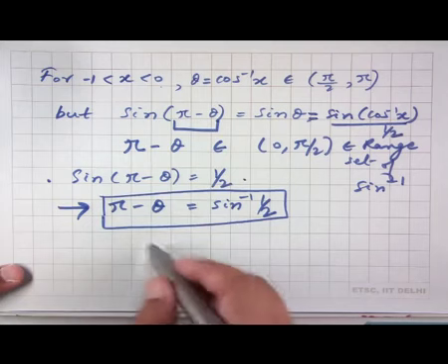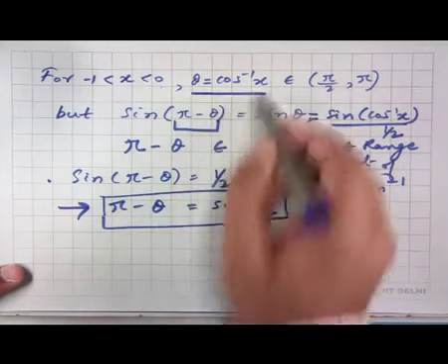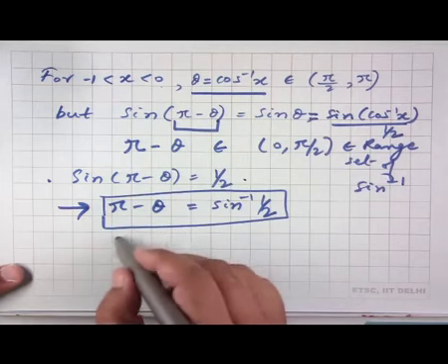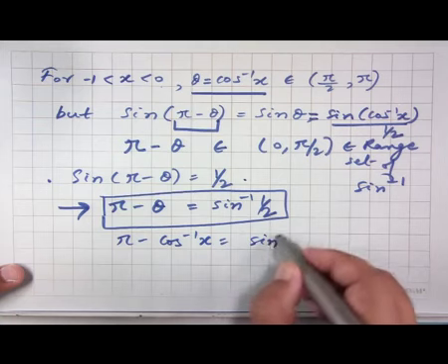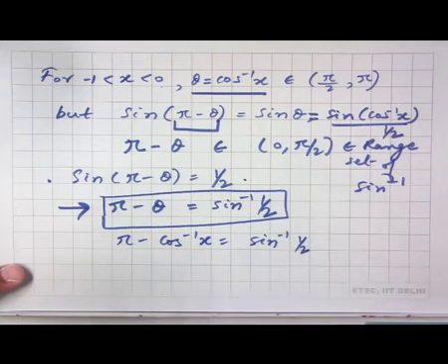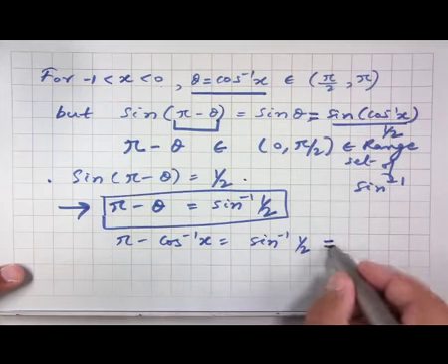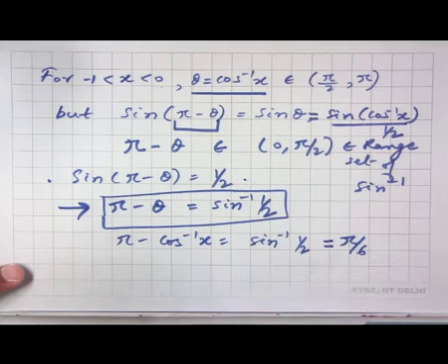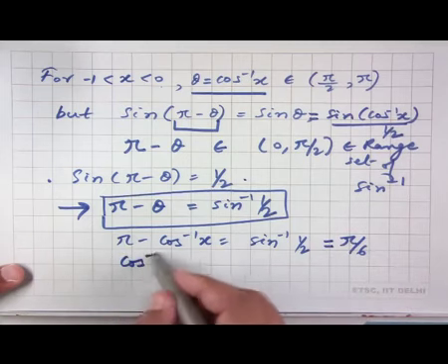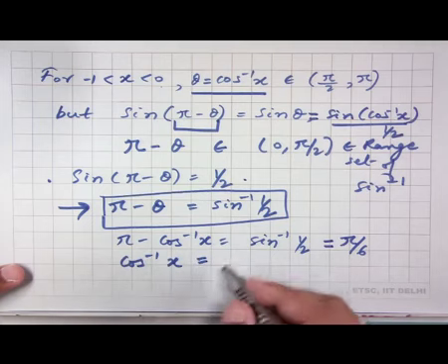And this basically means that since theta is cos inverse of x, what we get is pi minus cos inverse x is sine inverse of half. Of course, sine inverse of half equals pi by 6, and therefore we get cos inverse x equals pi minus pi by 6, which is 5 pi over 6,